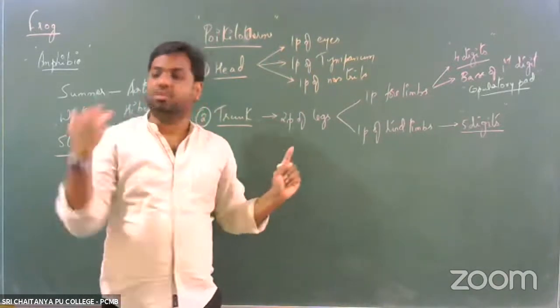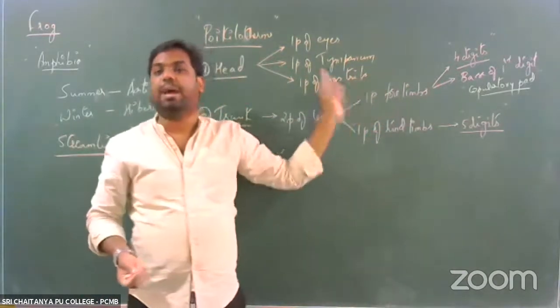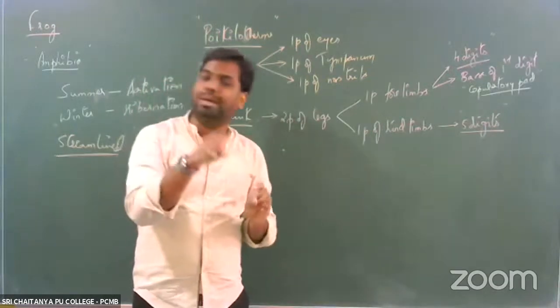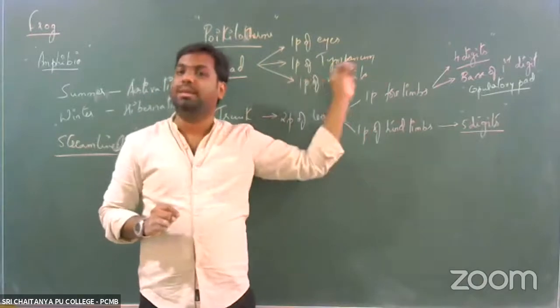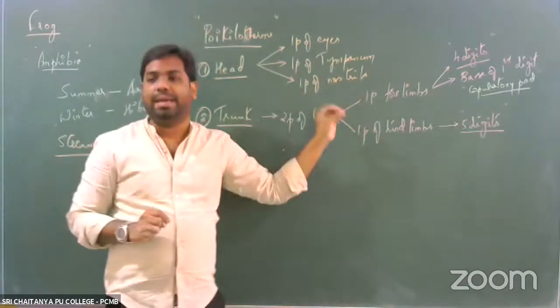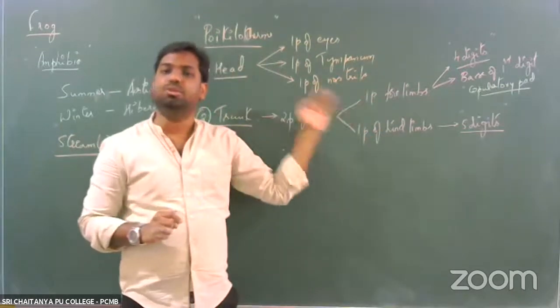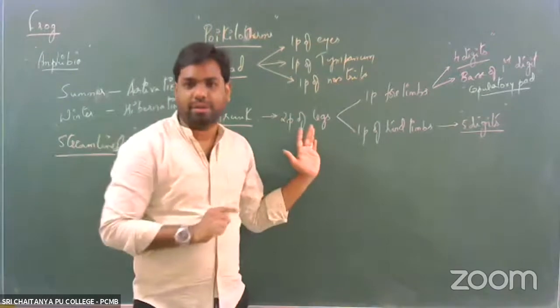Right. While in case of females, the copulatory pad or the nuptial pad is absent. This is one way how we identify between a male organism and a female organism. Presence of the copulatory pad at the base of the first digit in the forelimbs of frog says that it is a male organism.